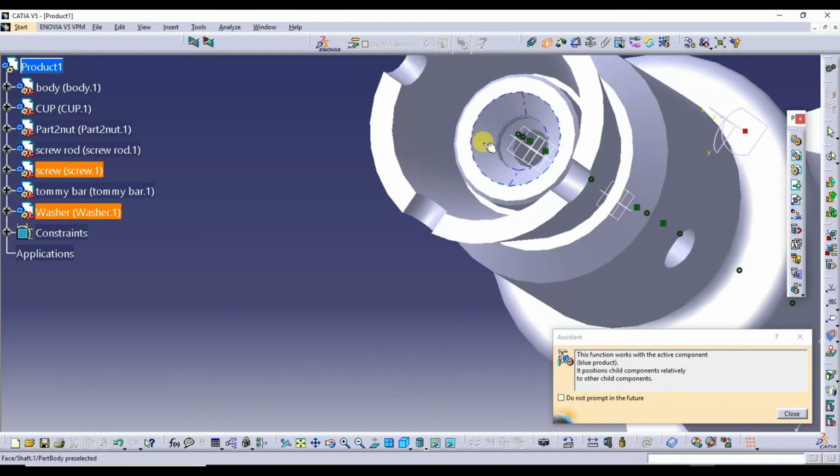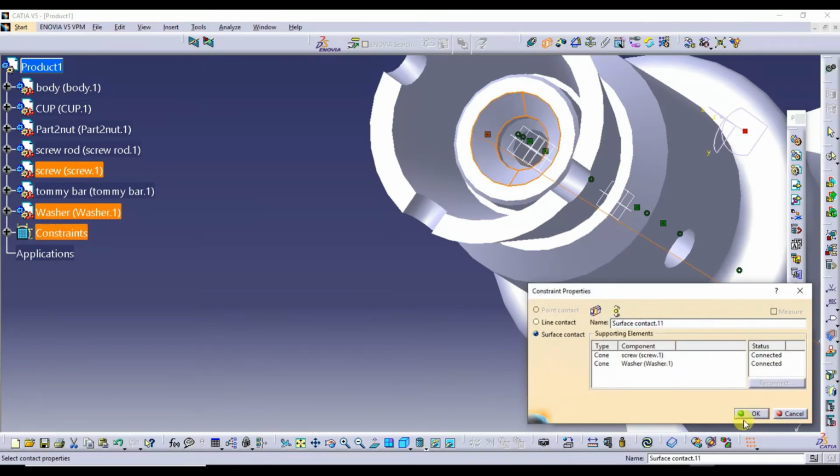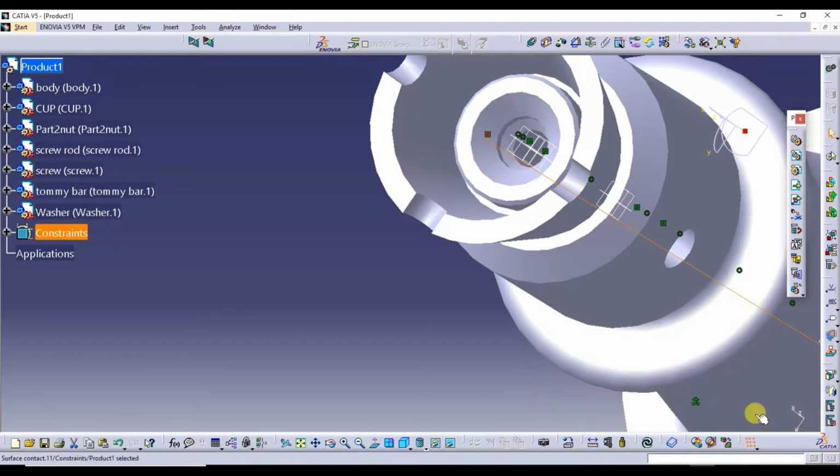It has to come and sit on this surface. So click OK and go for the update command. So see here, this screw is coming and sitting on the what? This conical shape surface.